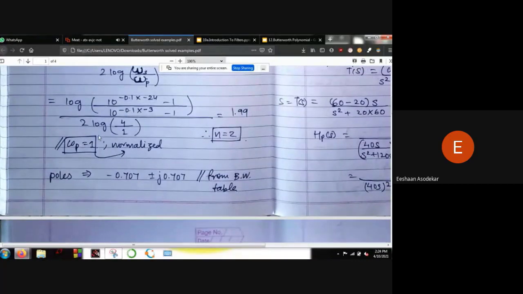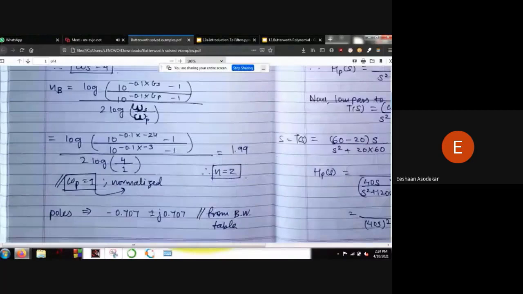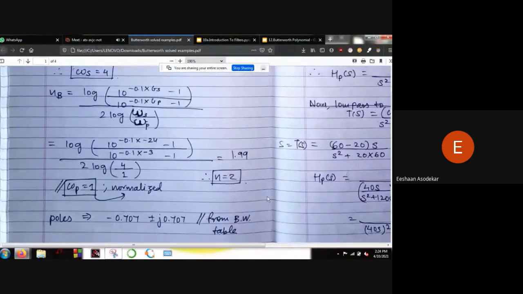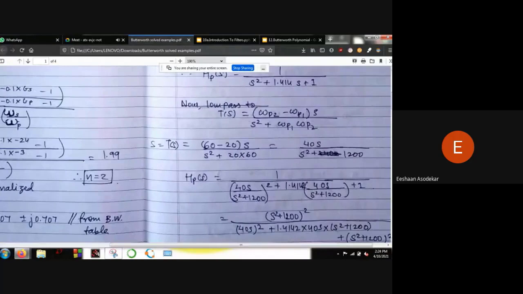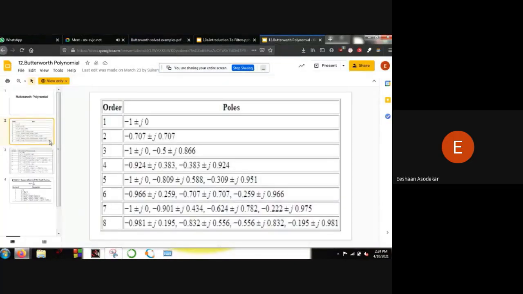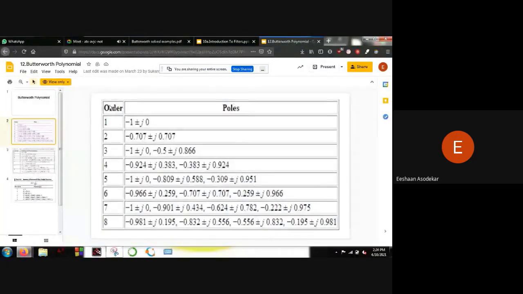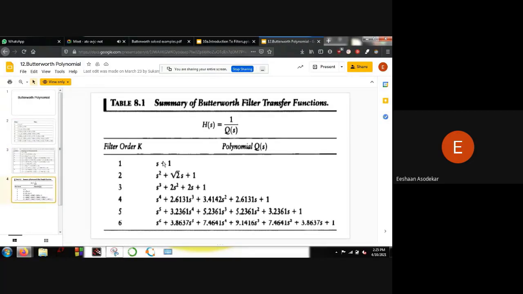And then from here, once we have calculated the order, we can easily find out the poles and the equation from what is known as the Butterworth polynomials and the poles. So here we have the list: here is the order, and here are the list of the poles that we have. So we can easily substitute these. There's actually no reason for us to go through the intensive computation to find out the s_k for multiple runs. And here we have the Butterworth polynomial table. Also note that H(s) is equal to 1 by Q(s), so please make sure that you substitute this in the denominator.